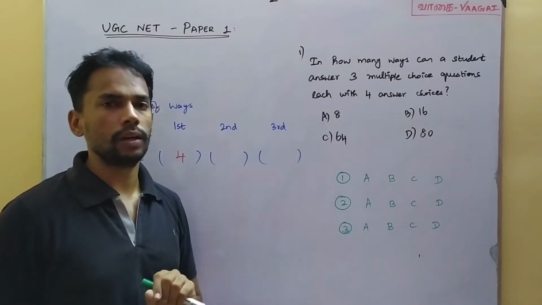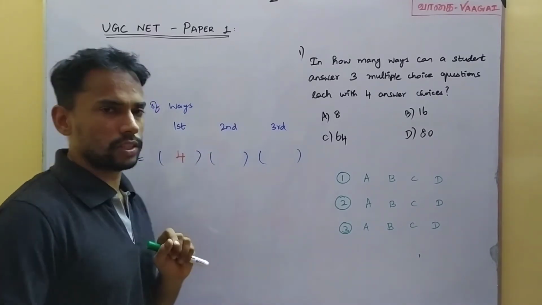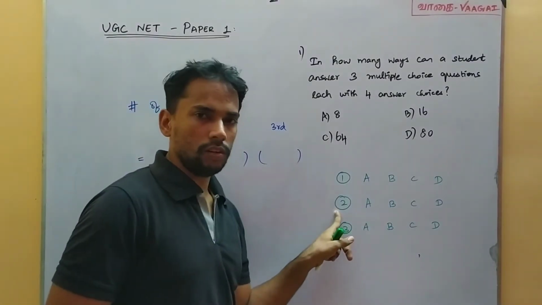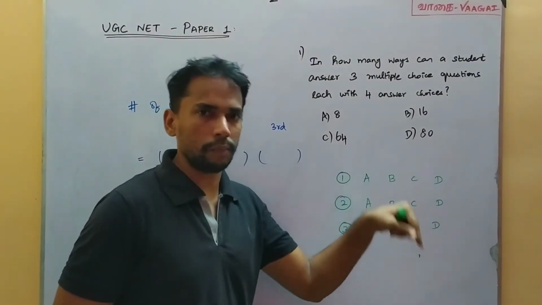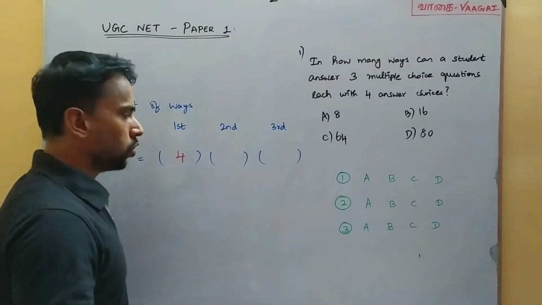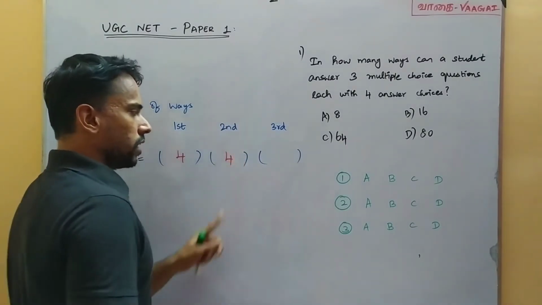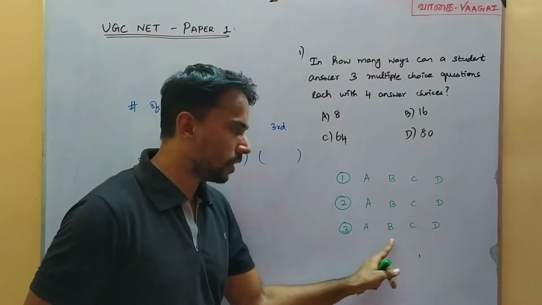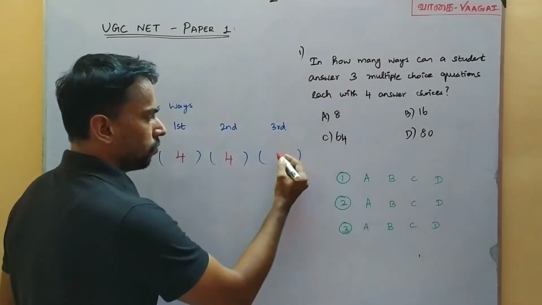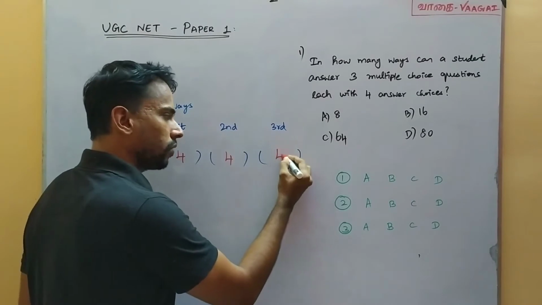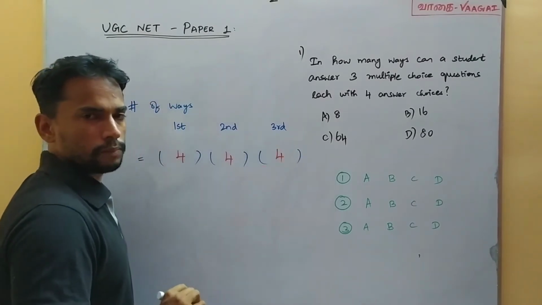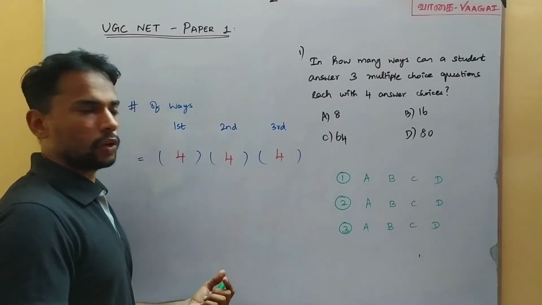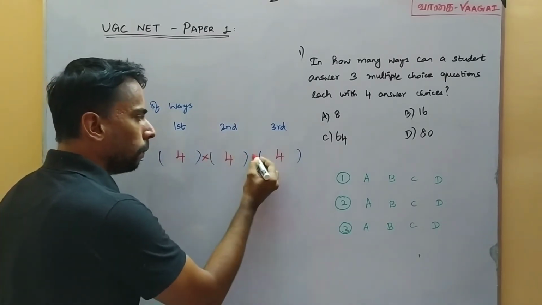Next, come to the second question. Again, for the second question also there are 4 choices. That means once again the student has 4 different ways to answer the second question. And same for the third question, because there are again only 4 options, and for the third question also there are 4 different ways with which the student can answer. So if we want to find overall how many ways there are, then we just need to multiply this.